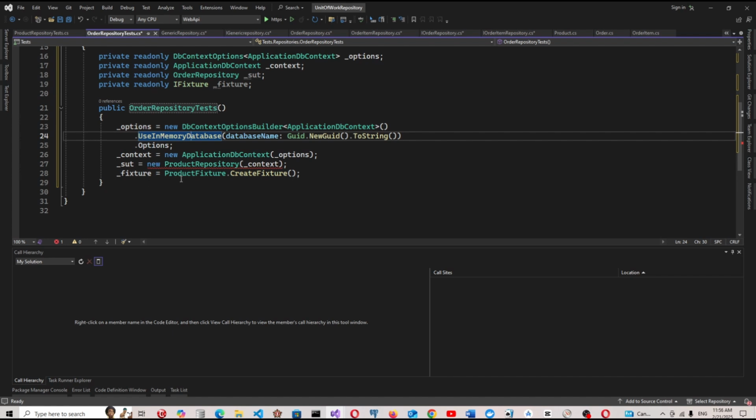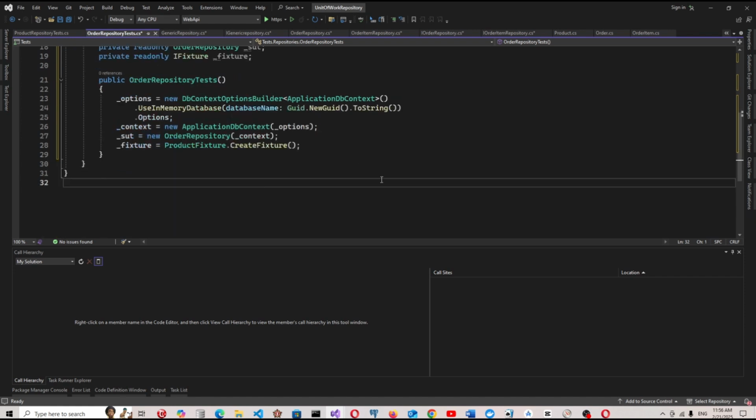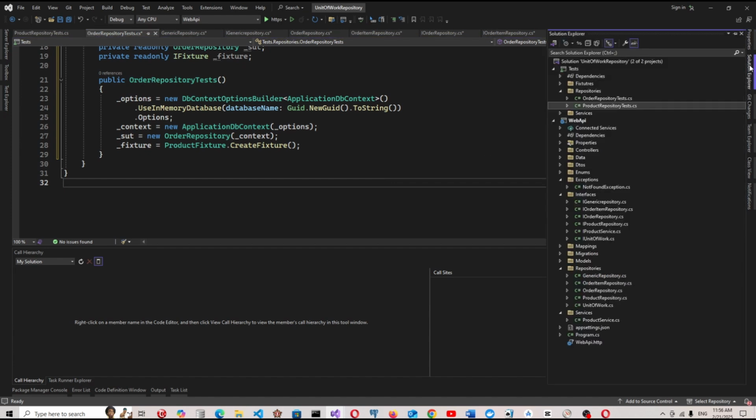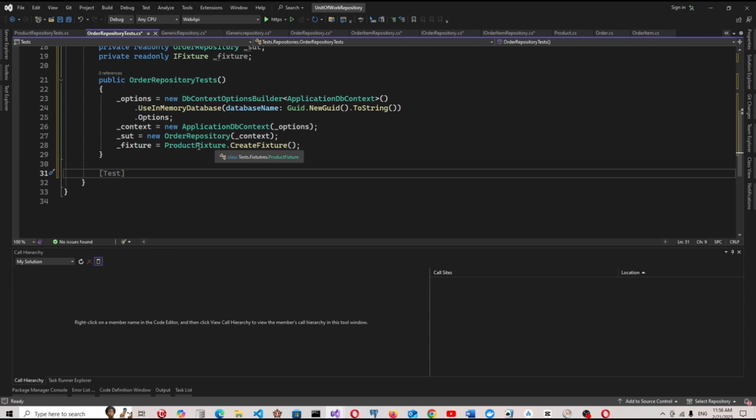Create a DB context, and based on the test will be order repository, and for the fixture we will reuse the product fixture, and we will change this product fixture later, but for now we just say